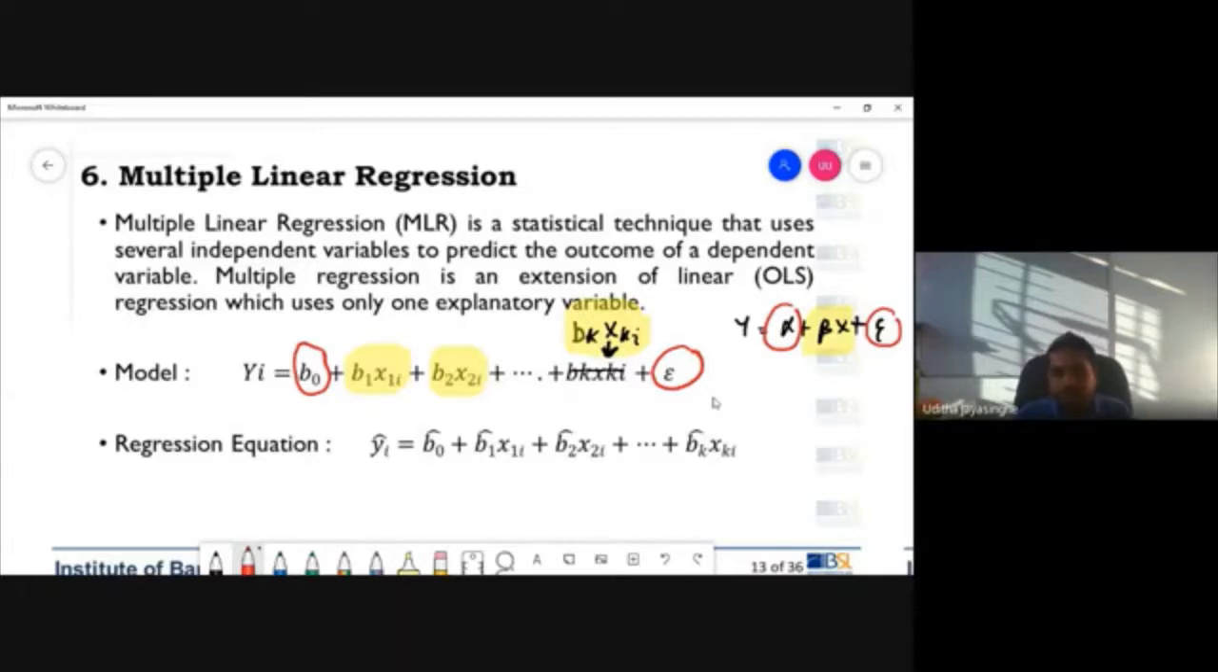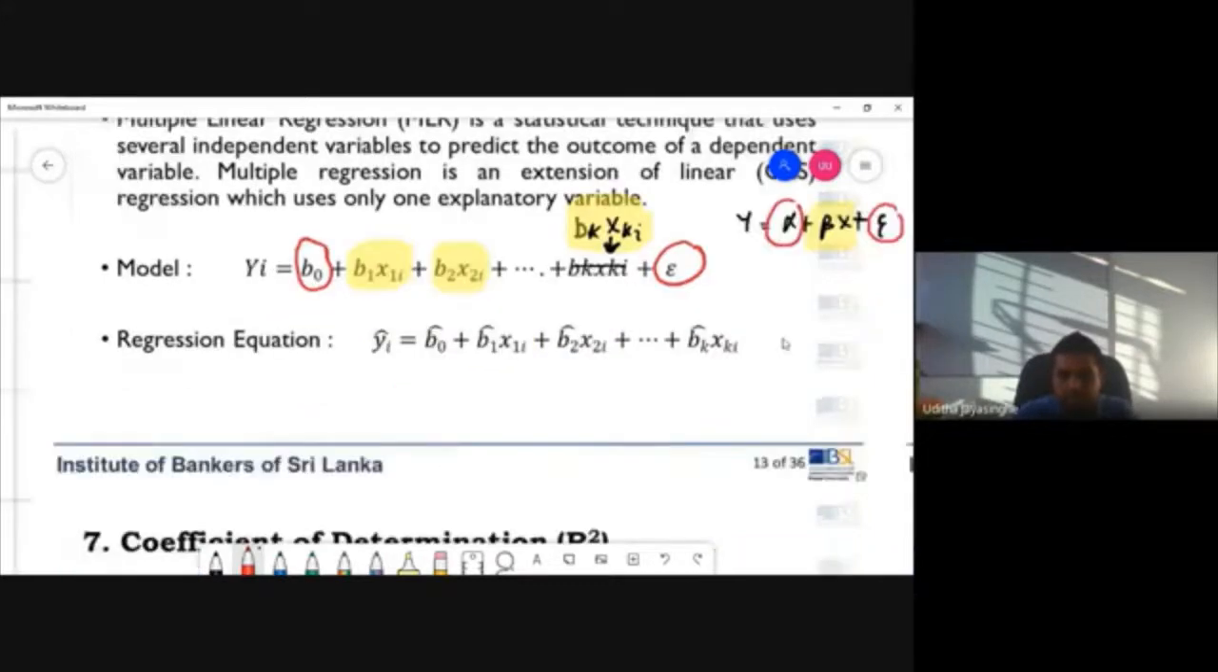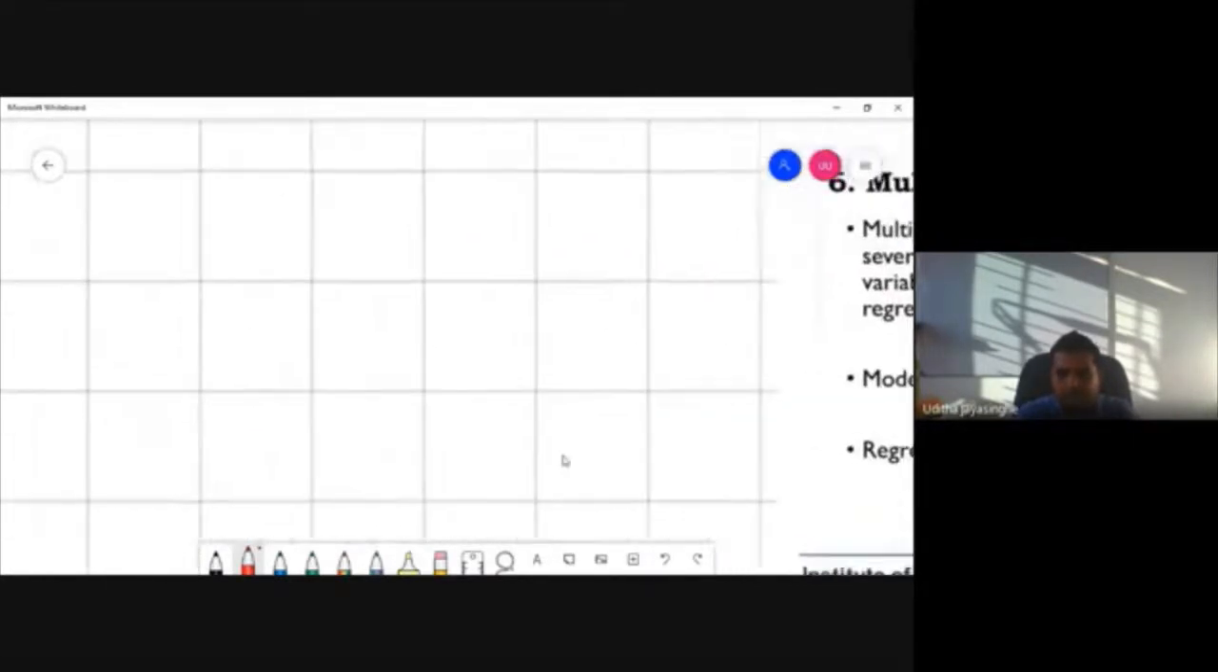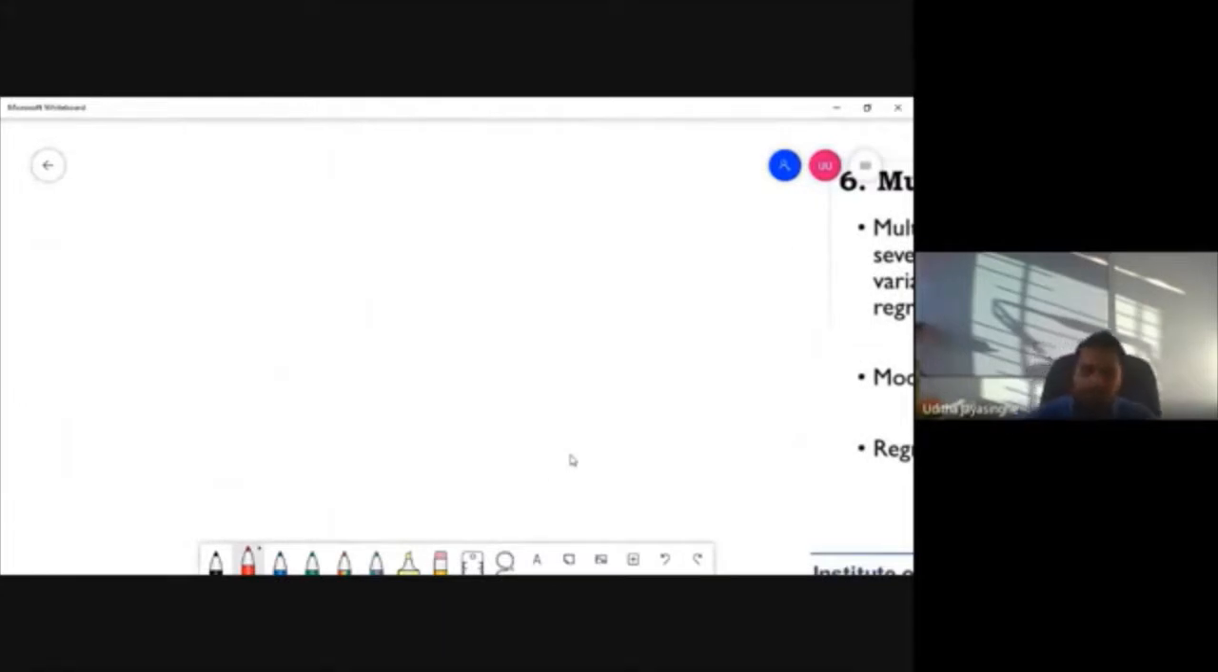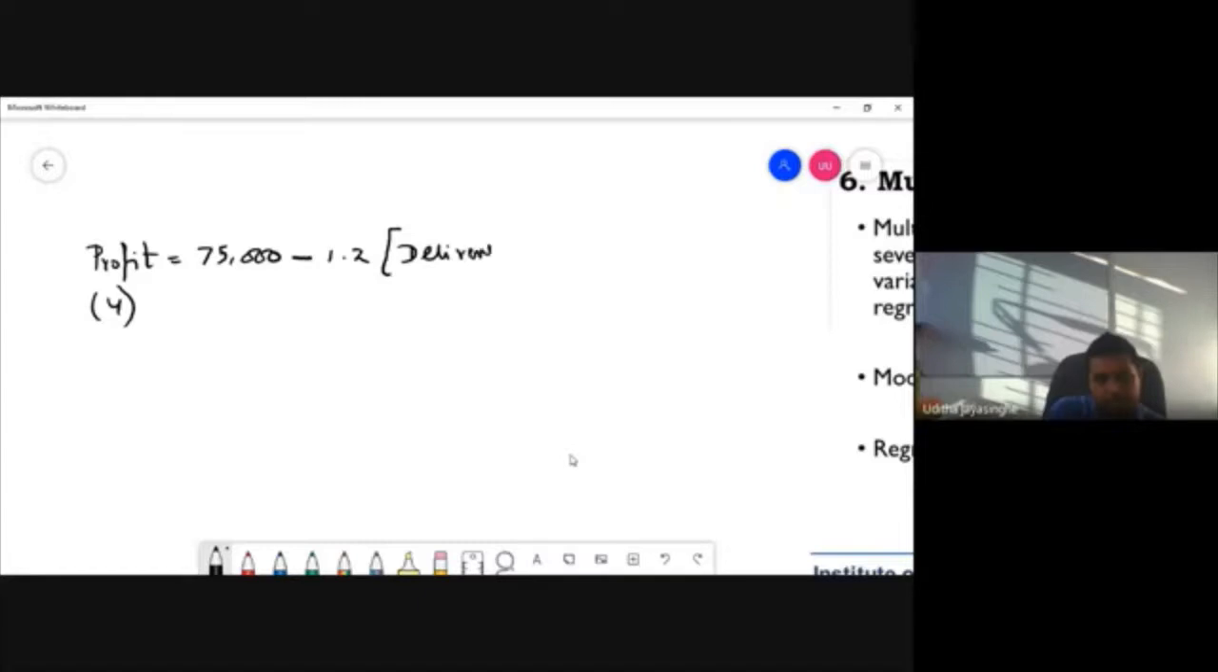Forgetting about these complex equations, let me just give you a real world example. I'm quoting this from one of the recent exam papers. This is the nature of a multiple linear regression output. Let me take this from the paper. The profit, this is my Y. Profit is going to be 75,000 minus 1.2 times delivery cost plus 26,000